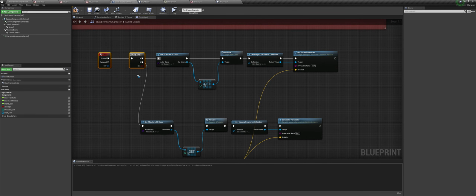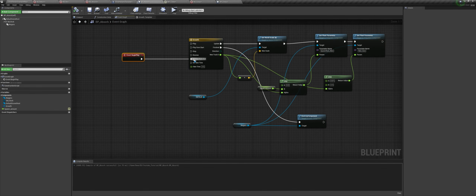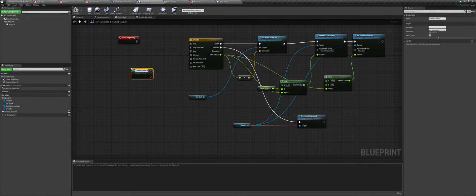So when the first time we press E, we need to call the activate function in the absorption blueprint. So we will go to the absorption blueprint, and here we will just disconnect this and type in custom event, and we will call this activate.